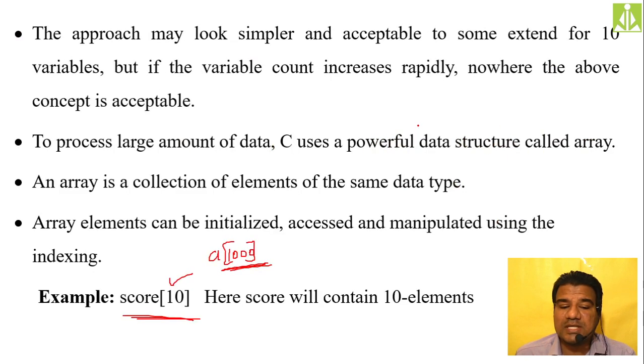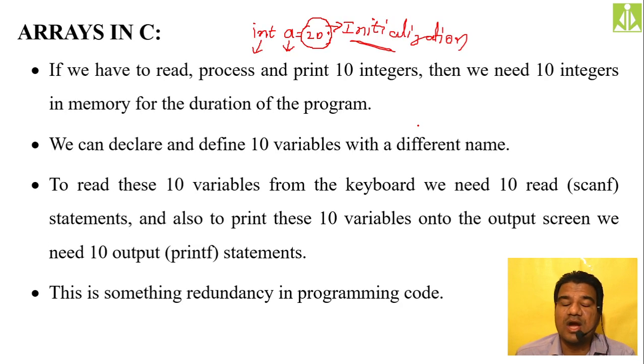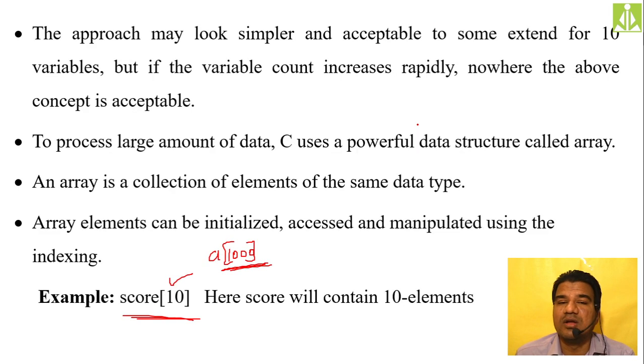As we said, arrays are homogeneous. Homogeneous in the sense that whatever elements you are keeping in an array, all those elements must be of the same type. You cannot put one character element, one integer element, one float element, one boolean element together. When you are declaring an array, there we specify the type, and your complete array will accept elements of that type only. It will not accept any elements of other types.